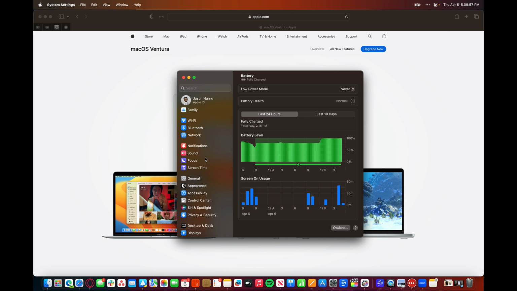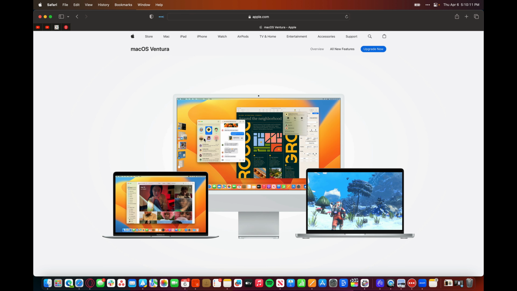It's really neat, really helpful. And you can come in here and search for anything that you need and instantly get it, and it pulls it up. It makes it really easy to manage your Mac with the refresh design that looks just like an iPhone or an iPad. Another cool feature in macOS Ventura that I want to share with you is called Continuity